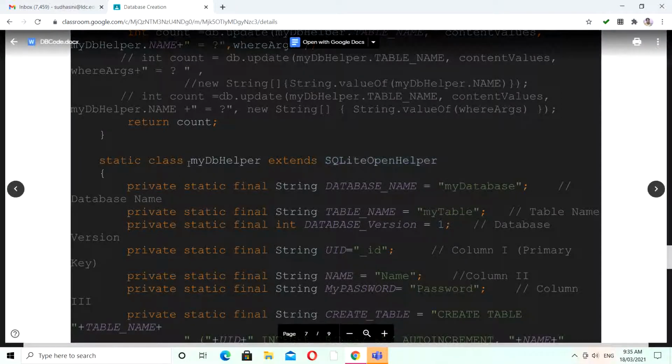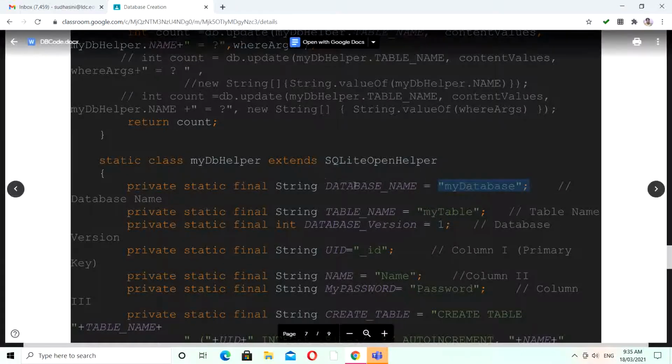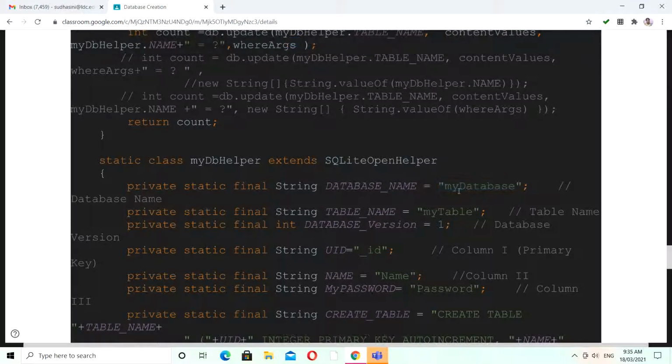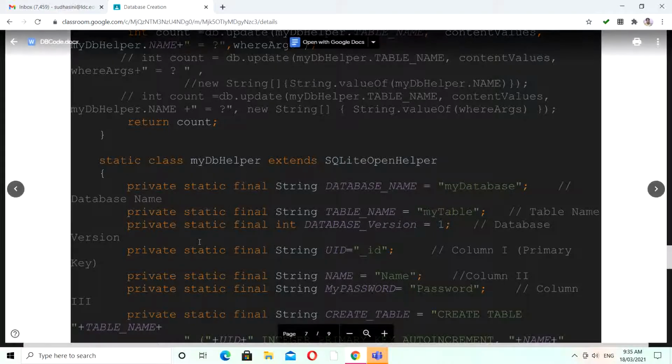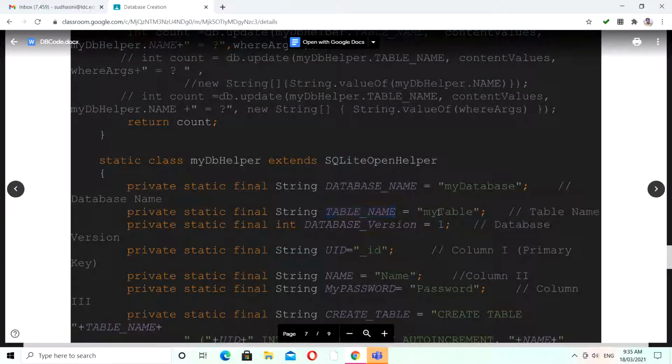Within your inner class, we have private static final String DATABASE_NAME equal to myDatabase. Using this string variable, I am giving a database name, so my database name is myDatabase. Then we have a table name, also a string variable, and my table name is myTable.